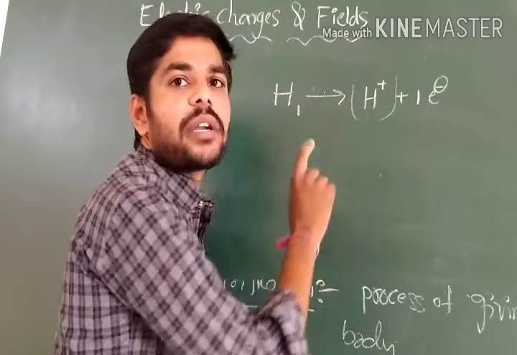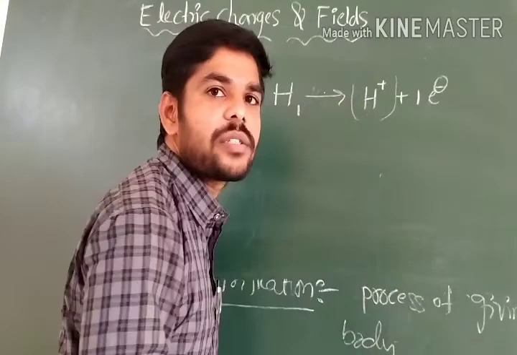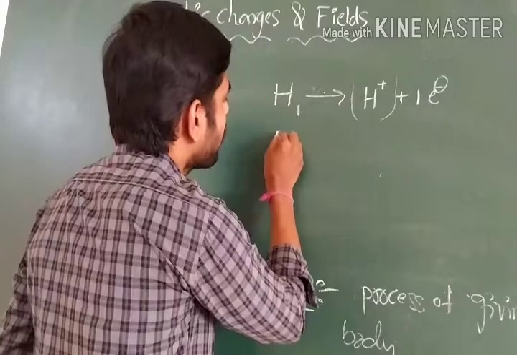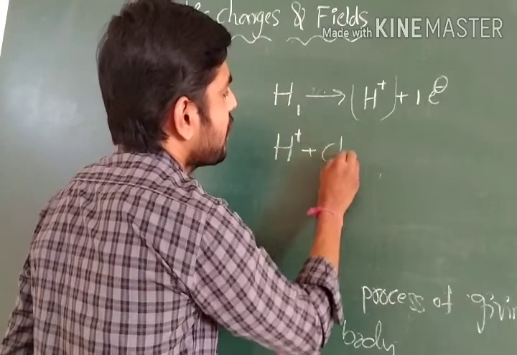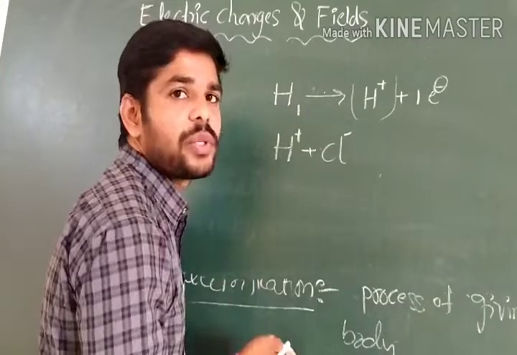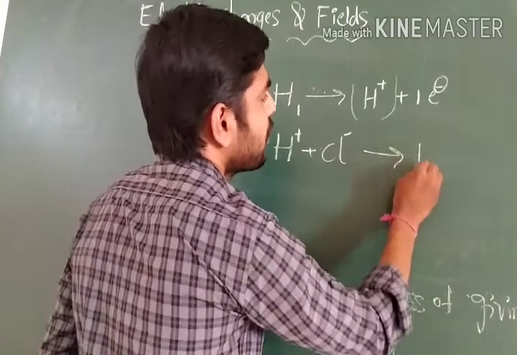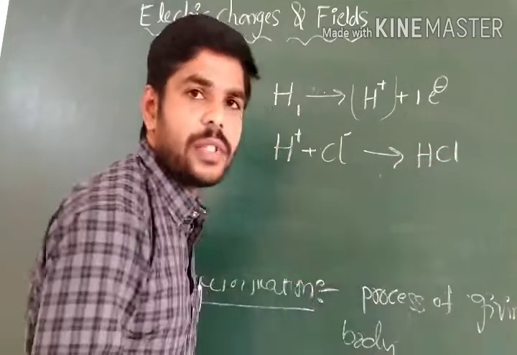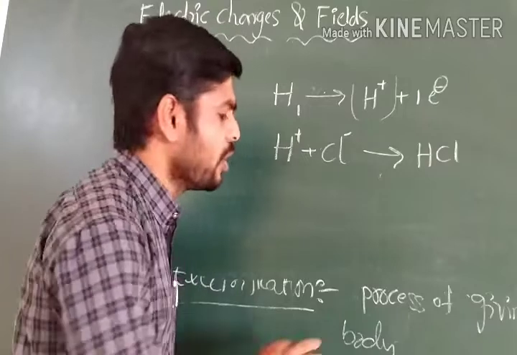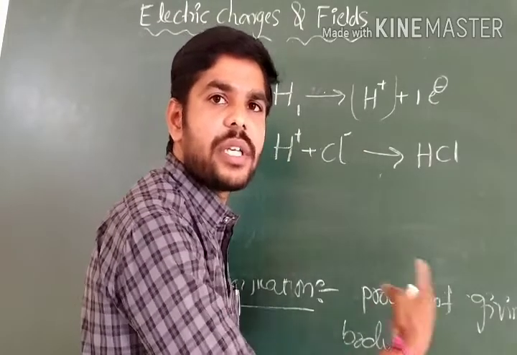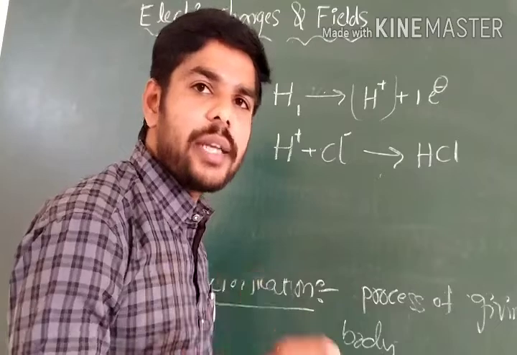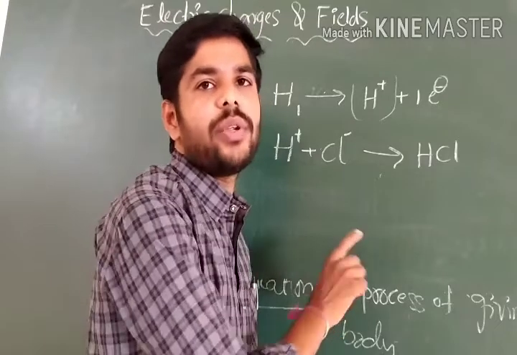This needs some electrons. It needs to attract some others. That's why immediately it is going to react. Suppose it reacts with Cl minus, it becomes HCl. This is a basic example I am telling you. An atom means the number of positive charges is equal to the number of negative charges. At that time only, atoms are in a neutral position.